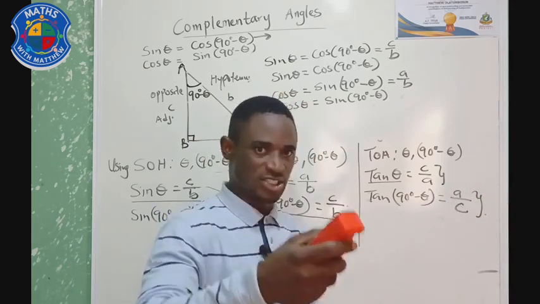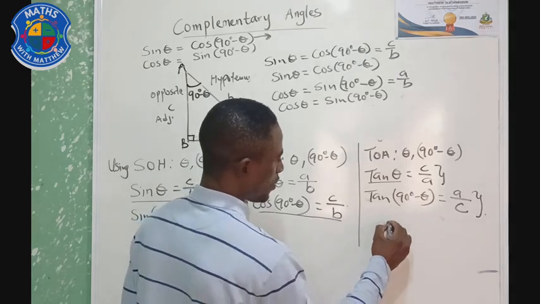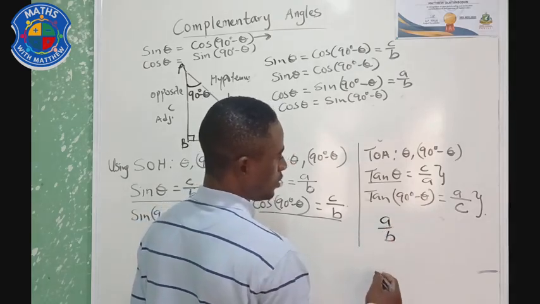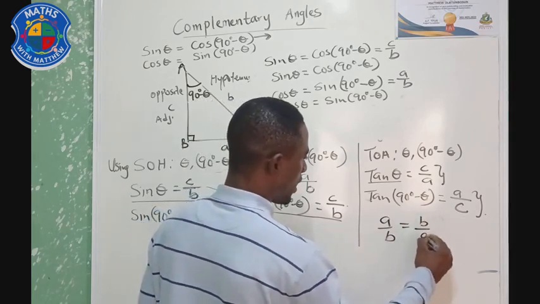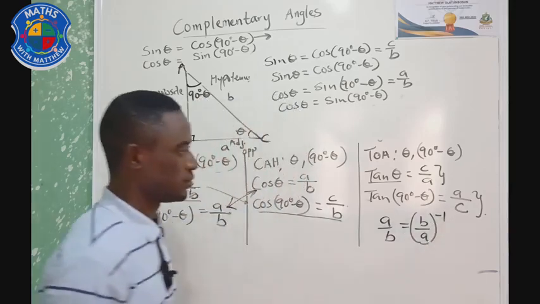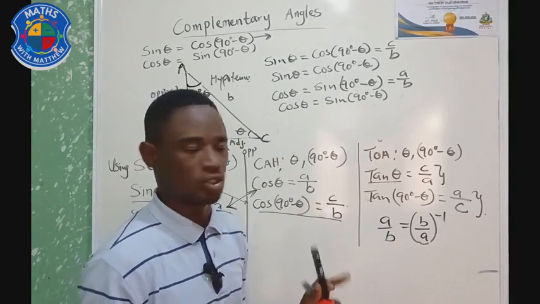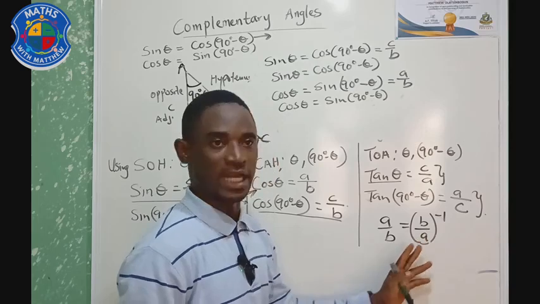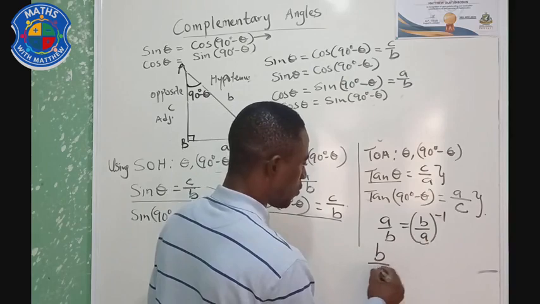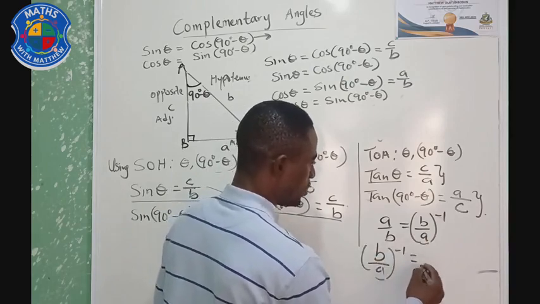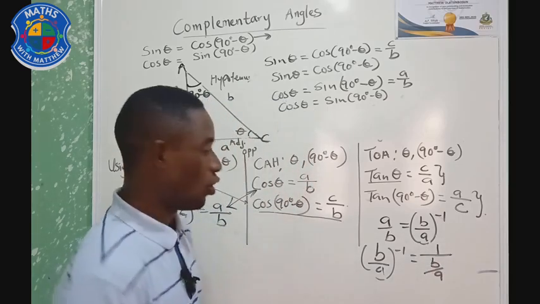That is, there is a change. If I say A over B is the same thing as B over A raised to the power of inverse, now this and this are the same thing. You understand? What is the meaning of this? B over A inverse simply means 1 over B over A, right? Of which I can write